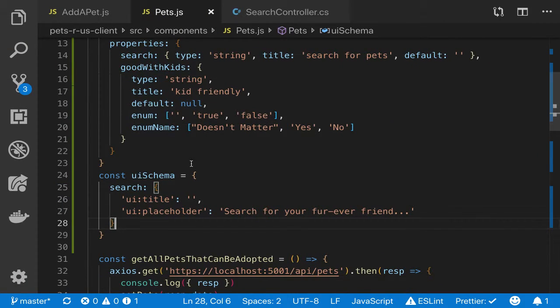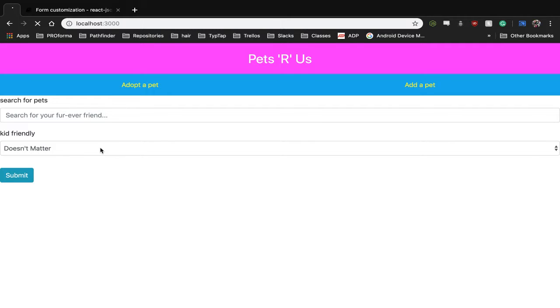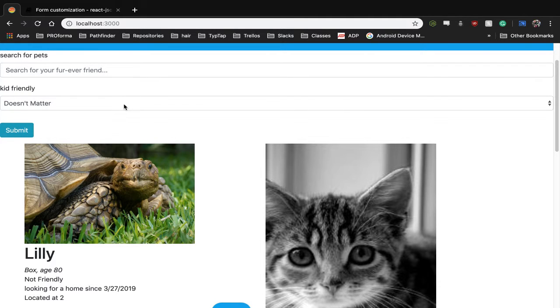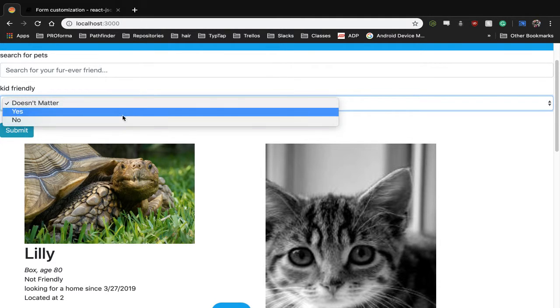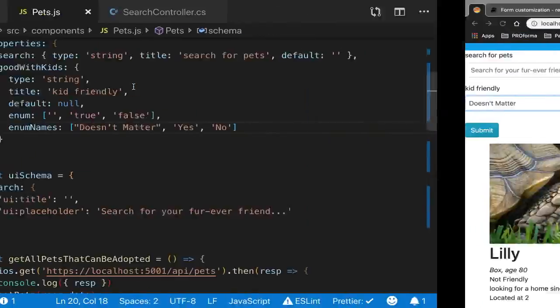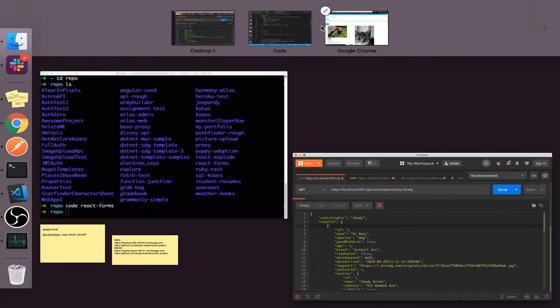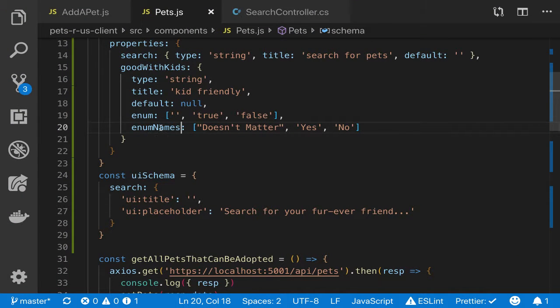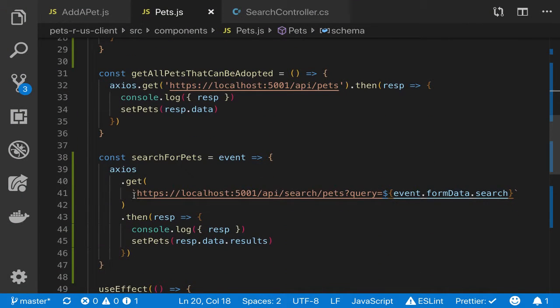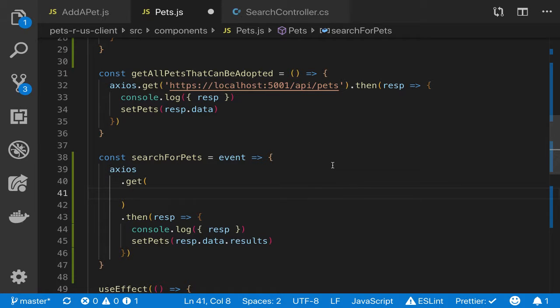Names. Enum names. So it doesn't matter, kid friendly, yes or no. And moving this. So now here we want to go